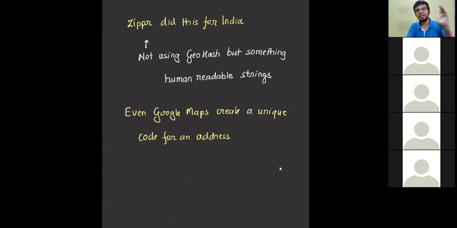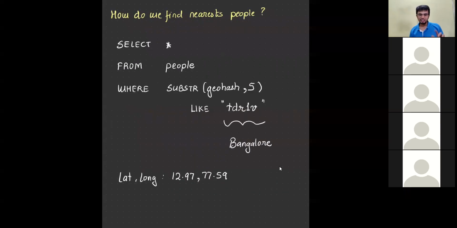So they tried that. Now they've changed their business model, but this is something you can still find in Hyderabad. If you roam around the city, you'll see boards having this code and Zipper written against it. The company is still functional, but they have changed their plans, it seems. They were not doing it with geohash, but their idea was very similar. Even right now on Google Maps, if you open a location, it gives you an 8 or 9 character long string which you can use to search on Google Maps. It's very close to geohash. So you can still find traces of this around the world.